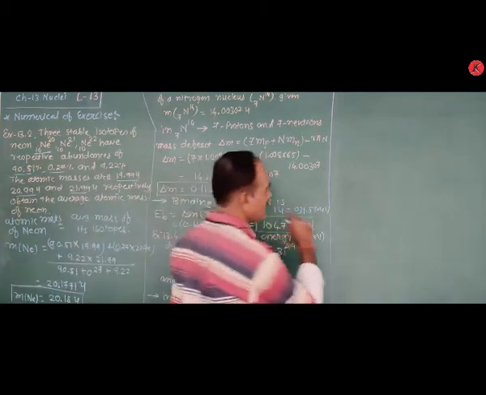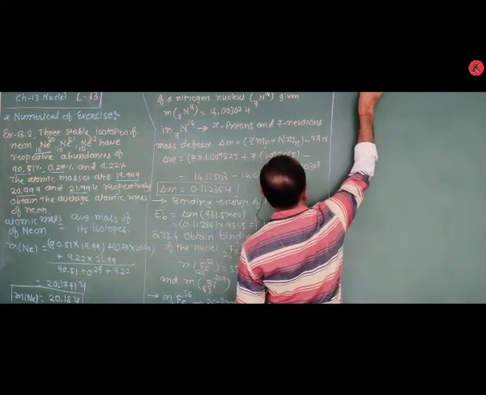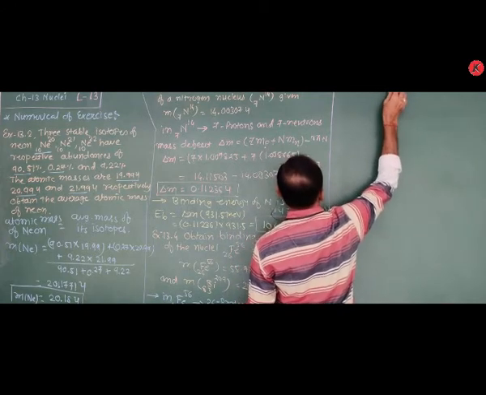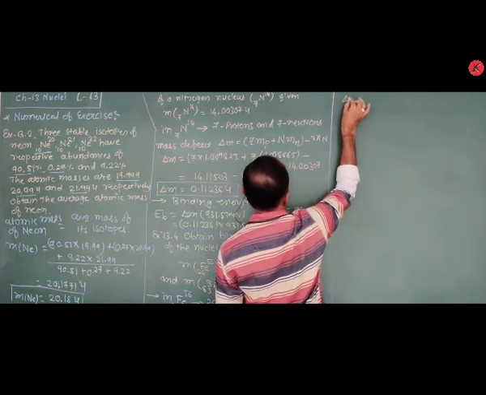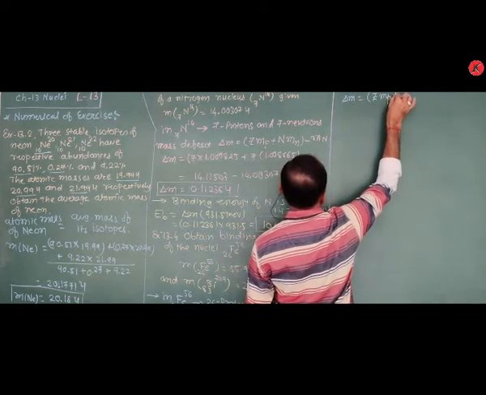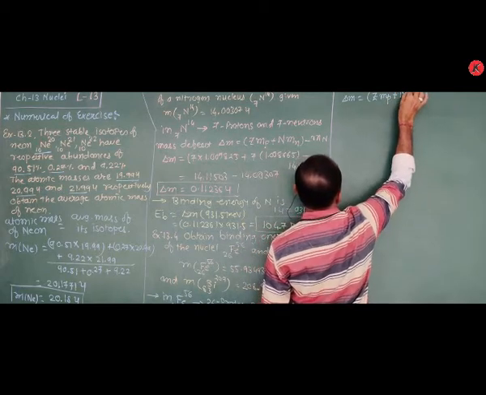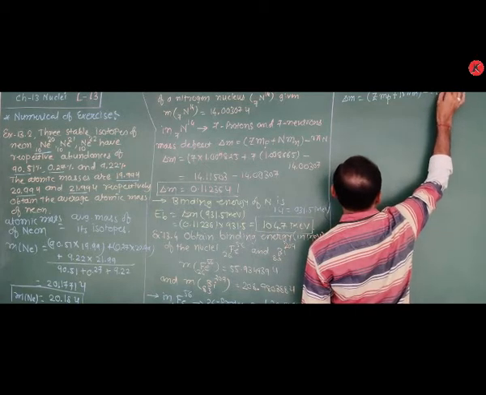Therefore, the mass defect of Fe, delta M, is equal to ZMP plus NMN minus mass of Fe